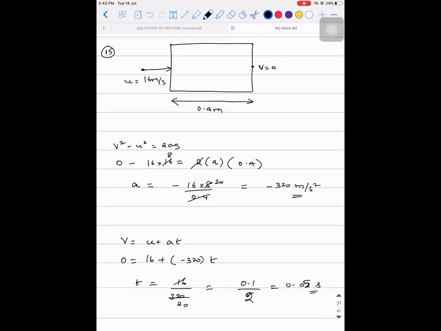You want to write acceleration in terms of time and leave it. Yes, sir. I get it as a equals minus 16 by t. I substituted it in s equals ut plus half at square. It got cancelled easily. That is also right. It is your idea only. See, any equation you use, you will get the same answer. Actually, that's also a good idea. Let me share it with others also.